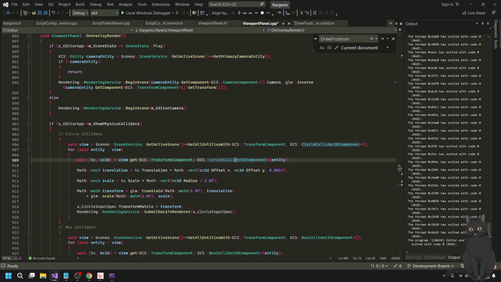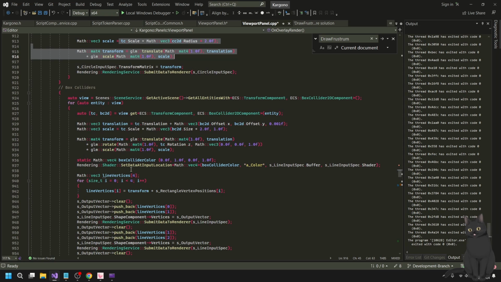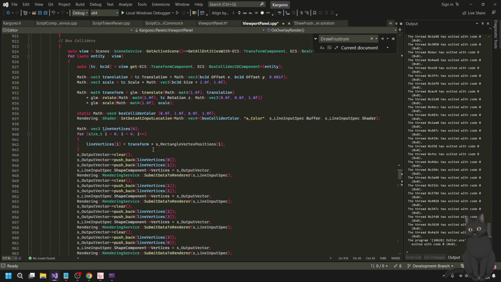Transform component and circle collider. So we grab the transform component, grab the circle collider. Translation is tc.translation. And then we place this directly into a transform. And then we provide that. Okay. Yeah, this is not what I want. I want... No, it's something like this.